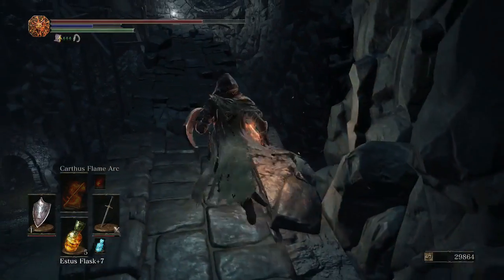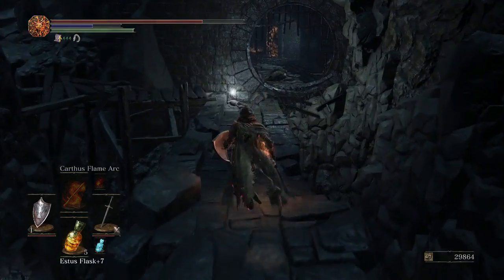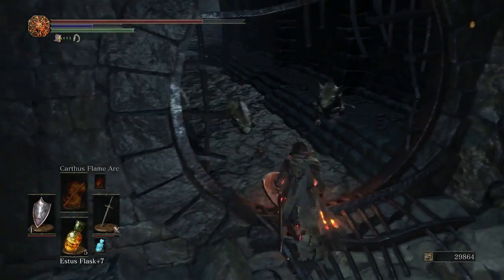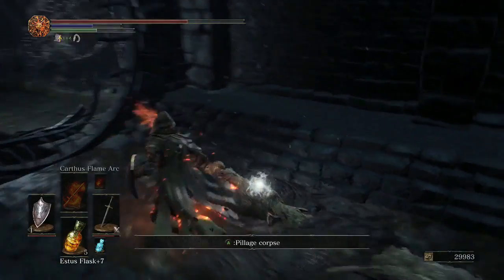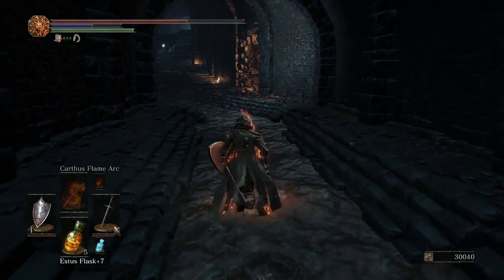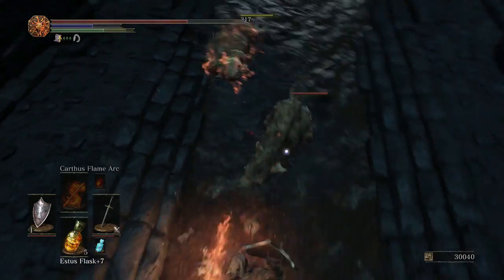Now you could technically equip the silver cat ring and jump down there and take him on now. There's actually a shortcut down there that will lead you back towards the bonfire, but we'll take that out later in the next video, like I said, because it just kind of loops around properly that way. So we're just going to take out all the rats here,